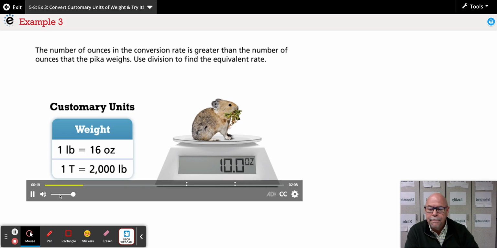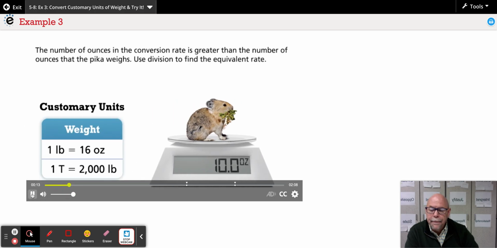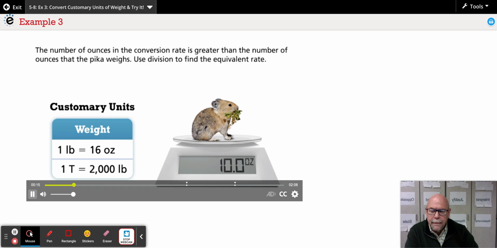Use division to find the equivalent rate. The number of ounces in the conversion rate is greater than the number of ounces that the pika weighs. So that was their reasoning to know how to divide: this is greater than that, so they were going to divide. Again, if that works for you, great. If not,